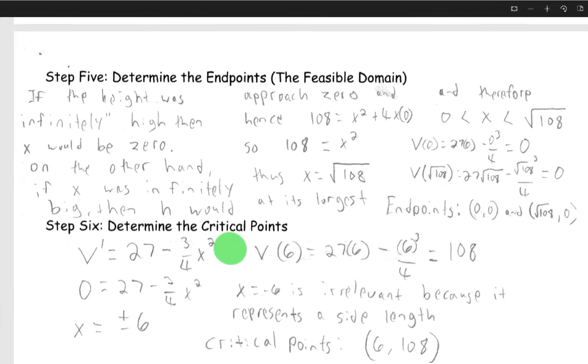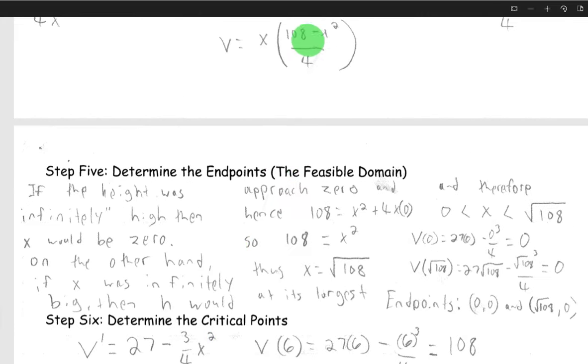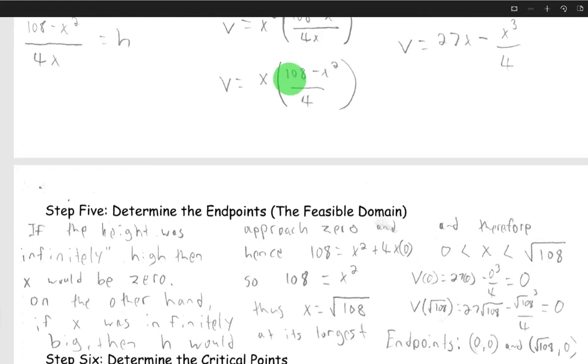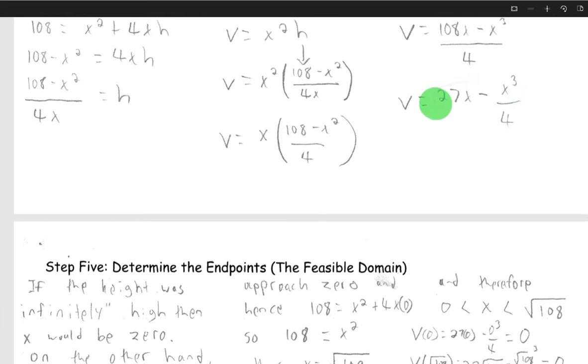In this case, again, we want a box with maximum volume. So how do you find the critical points? Well, look at your optimization equation. Remember, critical points are where the derivative equals 0 or doesn't exist. So when you take the derivative, this is what we ended up with when we simplified. When you take the derivative of this equation and figure out where it equals 0, it's going to exist everywhere